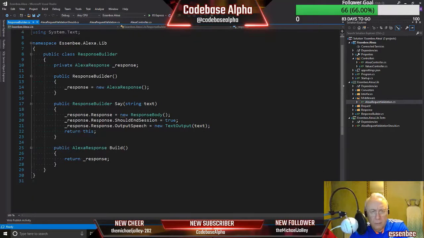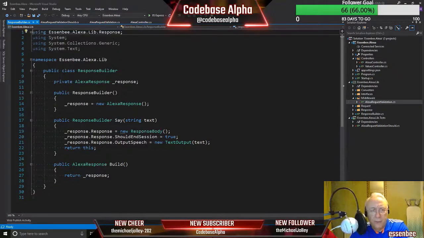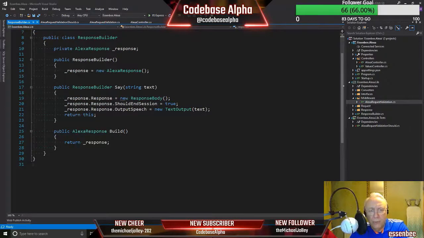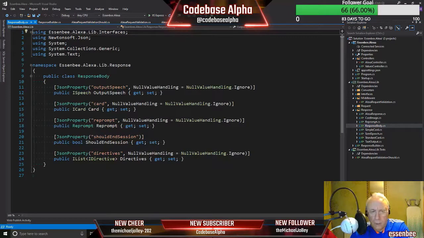So we need to look at our response builder next. At the moment, we're doing a very simple thing. We've only got one method where we're responding with some string. So we're saying, say this text. In fact, there are two ways of returning information that's going to be spoken by the Alexa device. And if we just pop over to our response object in the library again, if we go to the response body,